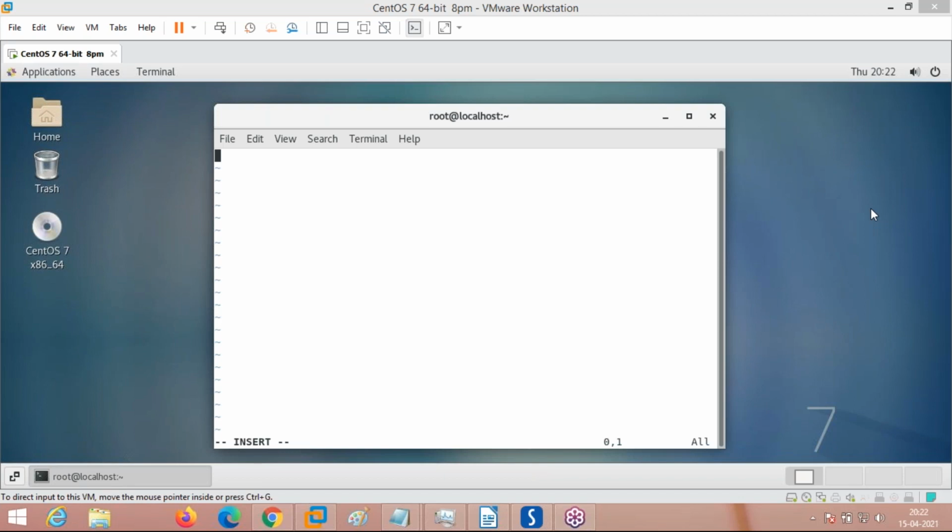But whenever you set it, you can't set a single name. It should be a fully qualified domain name. You will learn the meaning of fully qualified domain name later in the classes, but the system should be set like this.